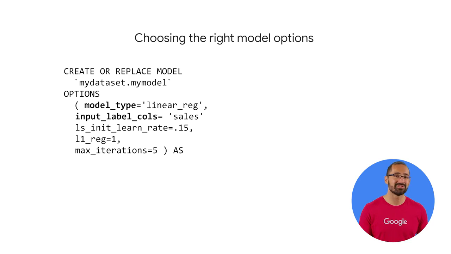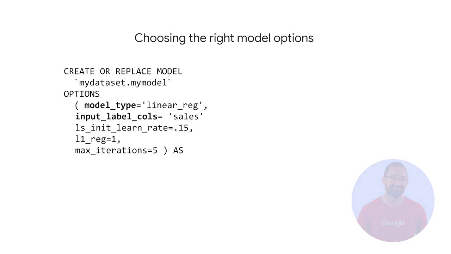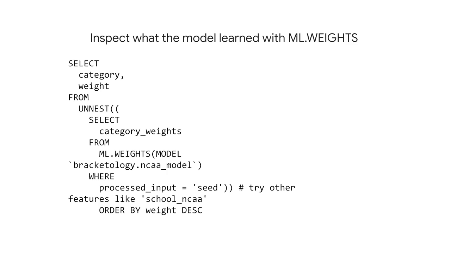I'll add a little link in the resources where you can view all of the available model options, and you can set things like the model learning rate for how fast it should learn, and even hyperparameters for things like regularization to prevent overfitting. You can inspect the importance the model placed on each feature by looking at the weights